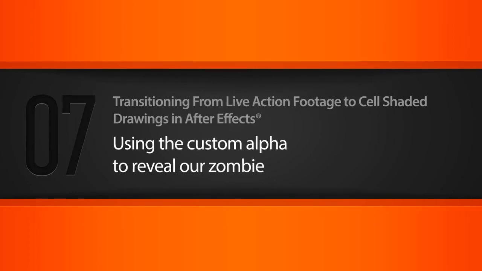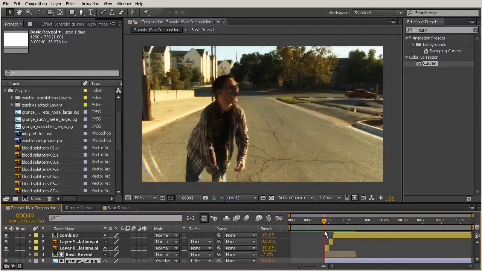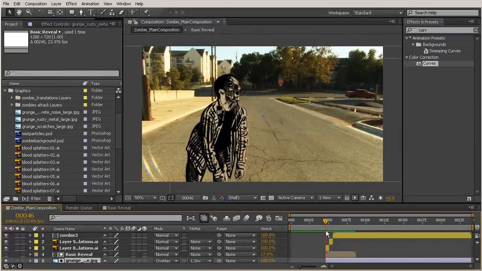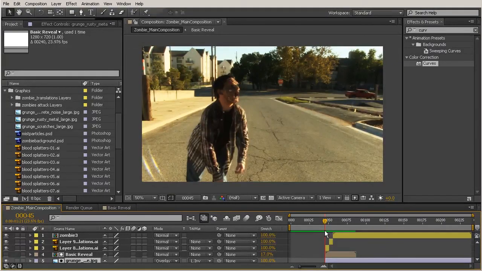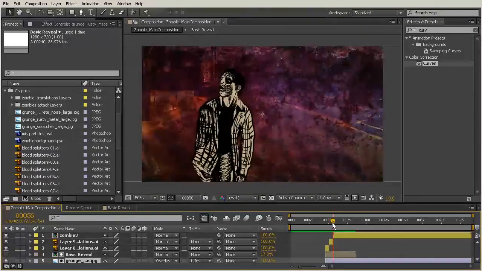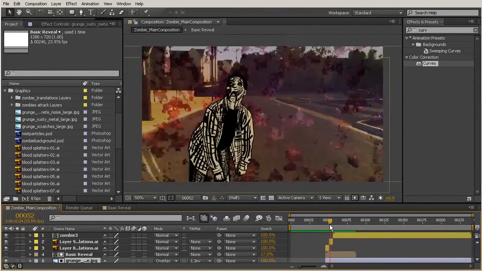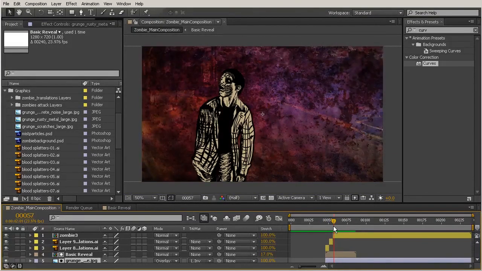Okay, so we're right here where we left off, and just as I'm scrubbing this, I still feel like this looks a little bit like too much of a pop to go from this piece of live footage to our drawing. So I want to use that same alpha channel that we created to reveal my zombie. So I want to do it over the course of these two drawings here, so zombie 1 and 2. And then by the time we get to zombie 3, which is this last pose, I want him to be